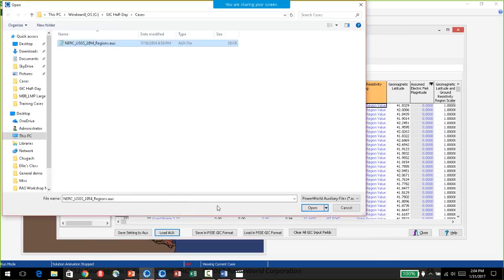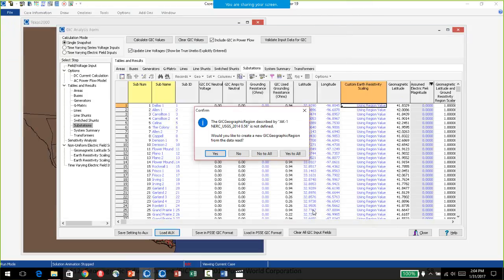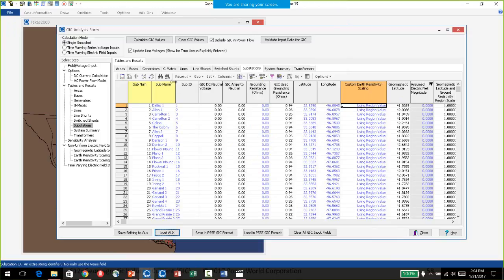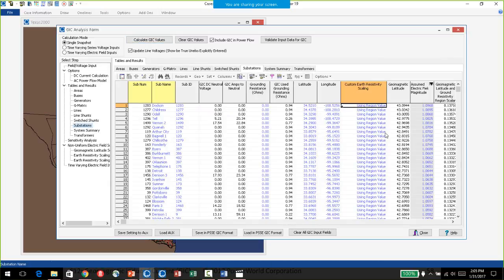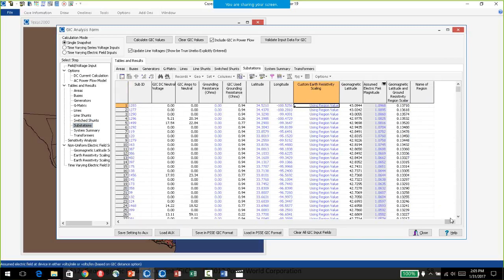But anyway, what I'll do is I'll read that in, and I'll just say yes. It's asking, do you want to create these regions? And then on my field voltage input, I can choose to use, for the alpha factor for latitude, the equation. And for the earth resistivity, I'll use the set that I just read in. And I think in order to update those values, I may have to click calculate GIC values. And if I do that, then I can go to my substations list, and it will have an assumed magnitude